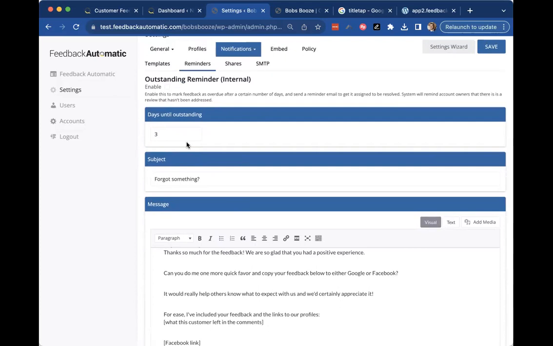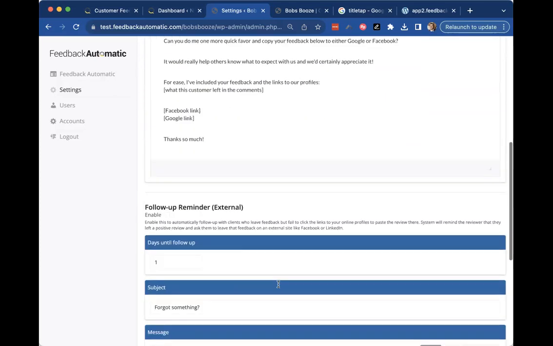And sometimes, as you know from working with our clients, they don't respond to emails very quickly because they're busy with other things. This functionality will remind them every 3 days or every 2 days. If something comes in, it's a negative review or it's outstanding, they'll get a notification, but then in 3 days or 2 days, whatever you customize, they'll get another notification saying, hey,